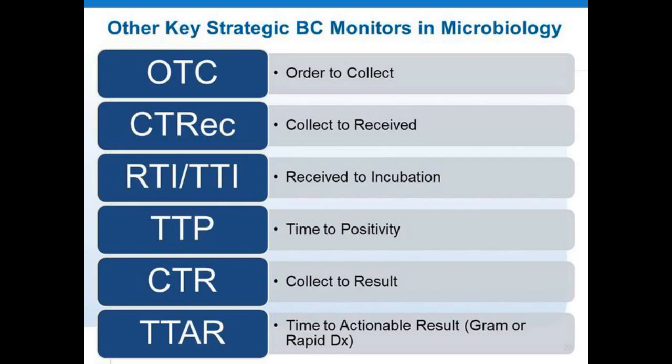And why is that important? Well, it's most important to have the order to actionable results sort of first in the pipeline and last out of the pipeline, and then the subsequent pharmacy time. But if you have outliers and you can't pin down what part of the process is being affected, then you're going to be at the mercy of all the changes of the in-between variables. So I urge you all to look at this.